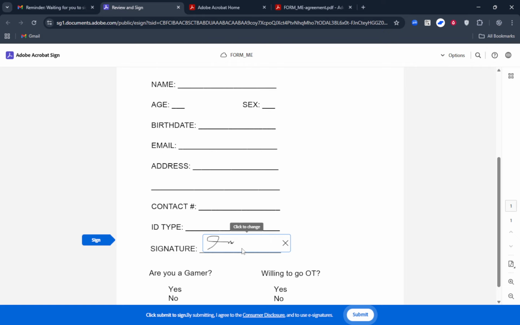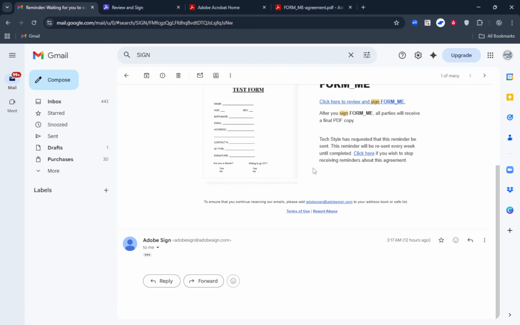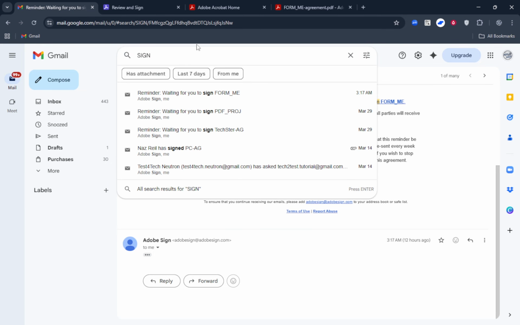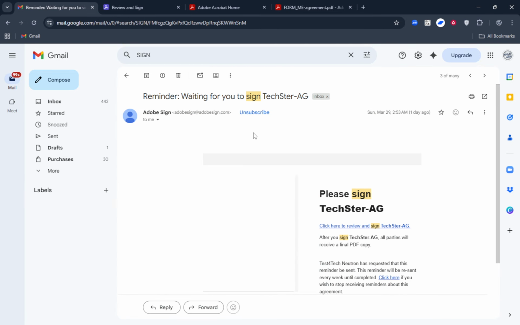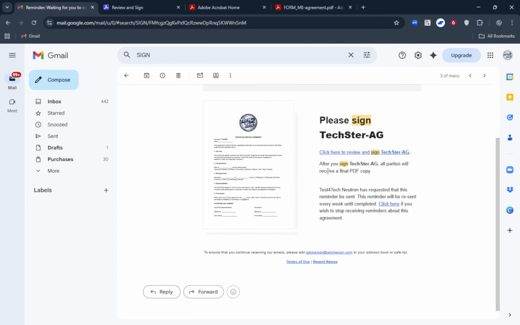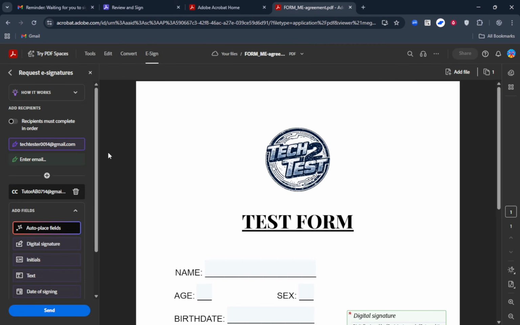A couple of practical tips as you use CC. Add only the people who truly need visibility to reduce inbox clutter for your team. If you don't immediately see the CC option, try expanding additional options on the sending page or scroll down. The field is sometimes collapsed to keep the interface clean. And if you're sending to several viewers regularly, keep a note of those addresses so you can paste them quickly next time.